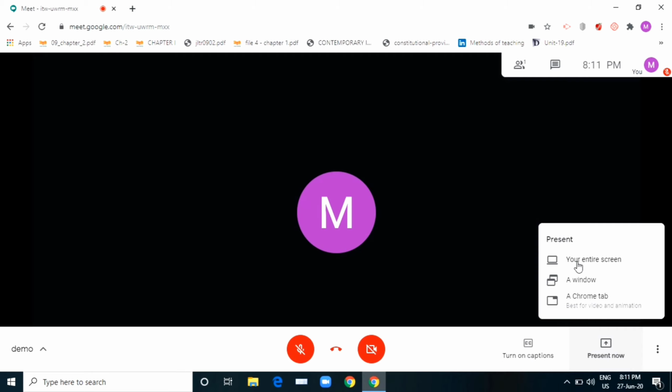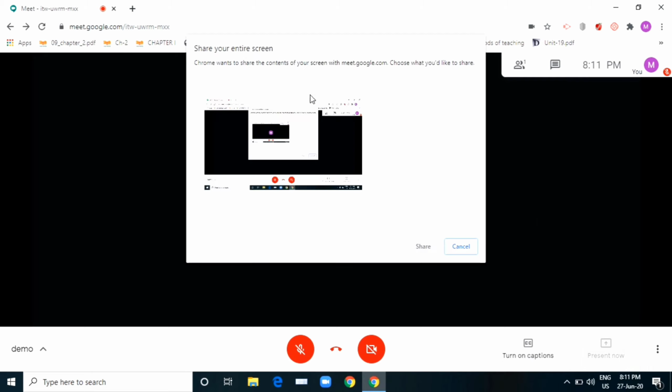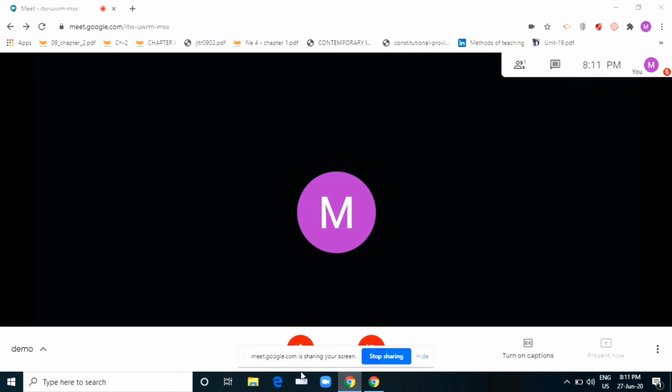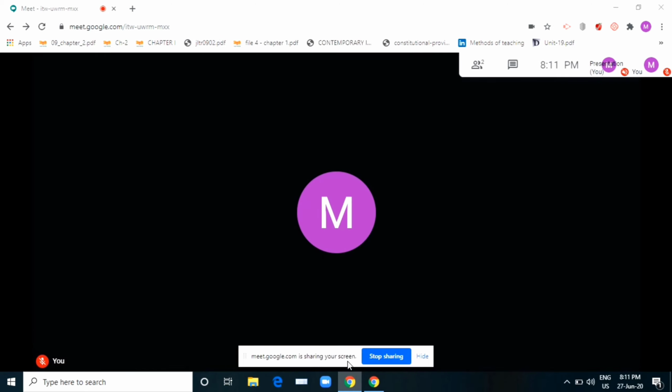I'll just show you. If I say your entire screen, you will get a dialog box like this. So you have to click on to this. Only when you click on to this will the share button become activated. Until you click, the share button will not be activated. So click on to this and then say share. When you click on to share, can you see here it says meet.google.com is sharing your screen.